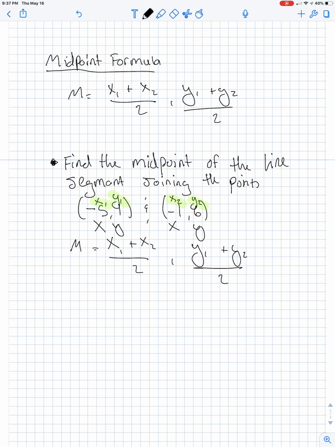Alright, so x1 is going to be a -5. And then plus x2, which is 6, divide that by 2, comma, and then it's going to be 1 plus a -1 over 2,